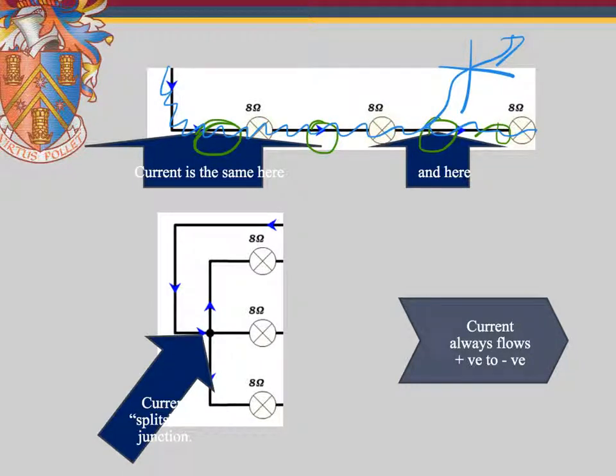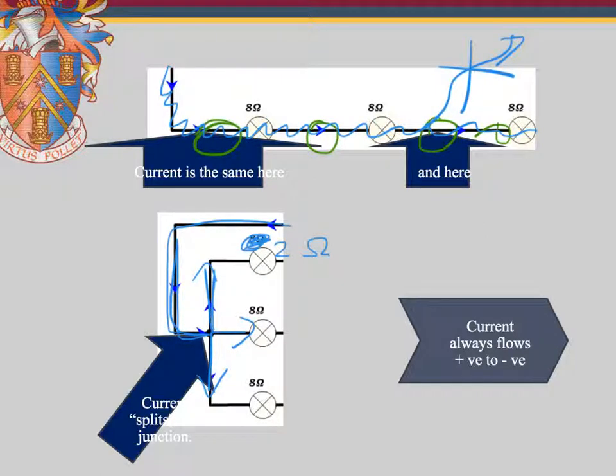There's no little junctions heading off, it stays in the river. When you get parallel, the river flows along and then gets to a junction. And what happens there is the river's going to split 3 ways in this case. And usually if there's a small restriction, in other words a higher resistance, then there'll be less current going in that direction. So if this was, let's say, 2 ohms,